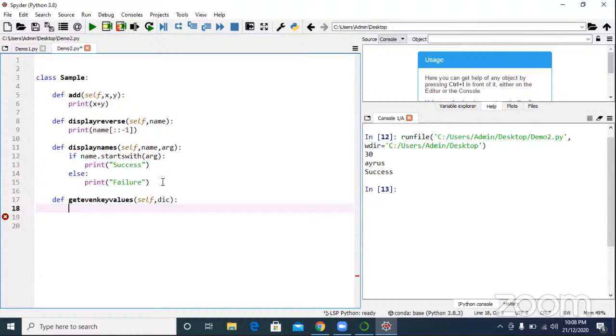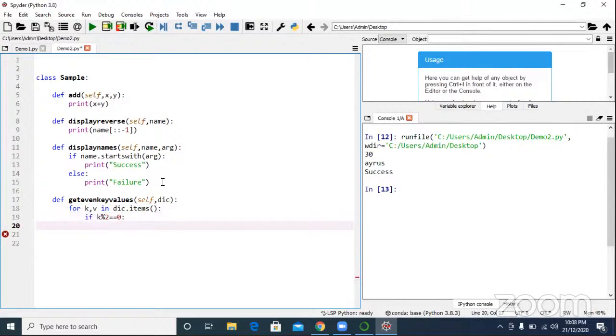Now for k comma v in dick, what does it mean? Anyone can tell me? Here is a key and values. Key and value. Dick dot items. Now if k percentile 2 equal to 0, what does it mean?